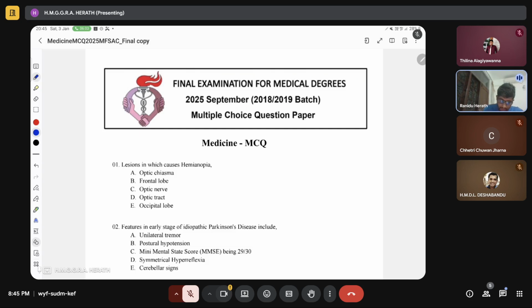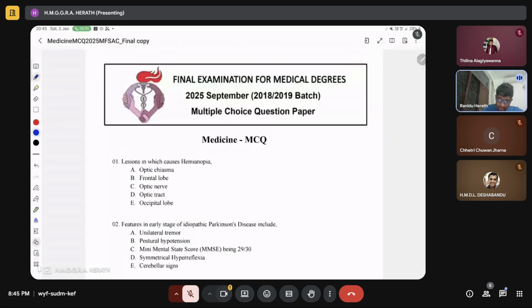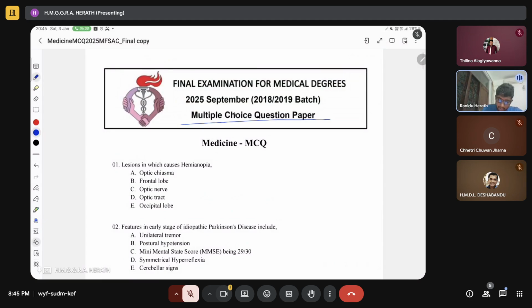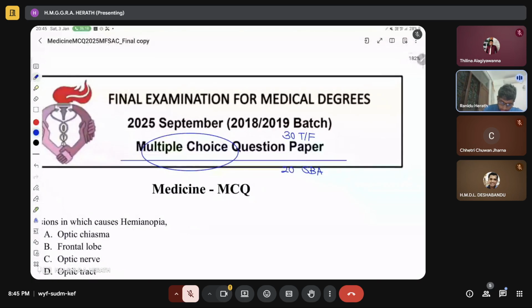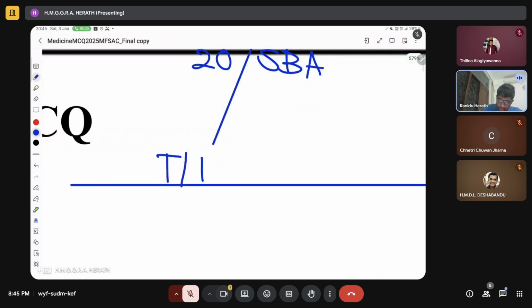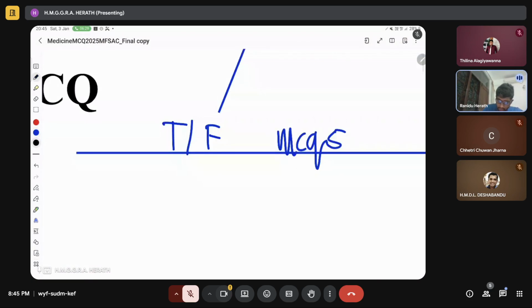We got the MCQ. So this is the 2018 AL MCQ. As you know, the medicine final MBBS MCQ has 30 true false MCQs, and then it also has 20 SBA MCQs, right? So when you try to attempt the MCQ paper in medicine, you need to remember that when you are trying the true false MCQs, you have to at least answer 3 to 4 steps if you need to pass the exam, and you have to be